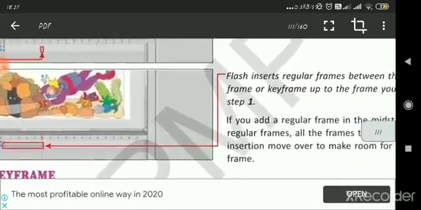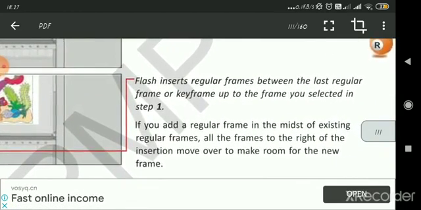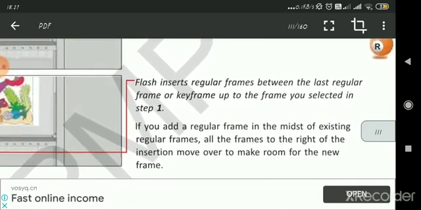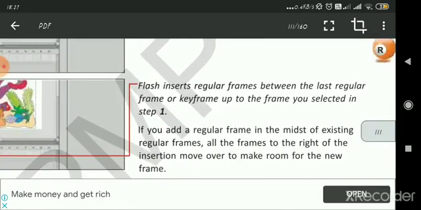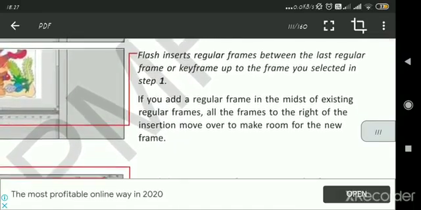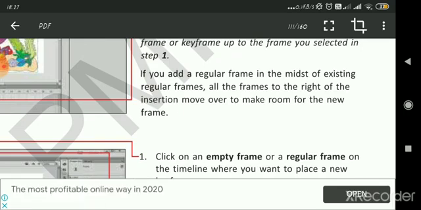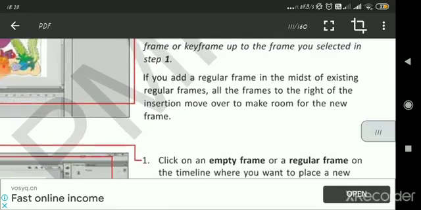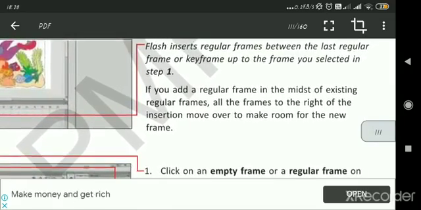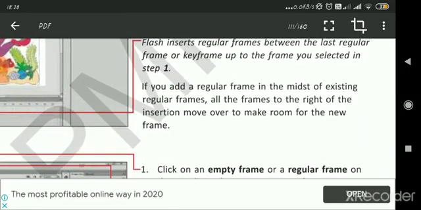Now Flash inserts regular frames between the last regular frame or keyframe up to the frame you selected in step 1. So if you add a regular frame in the midst of existing regular frames, then all the frames to the right of the insertion move over to make room for the new frame.